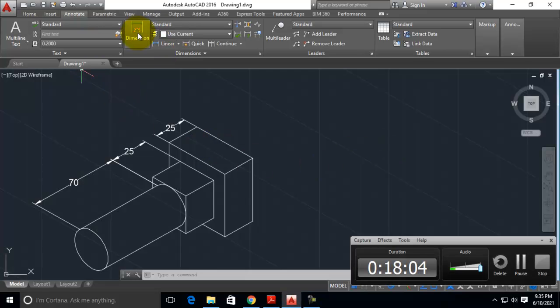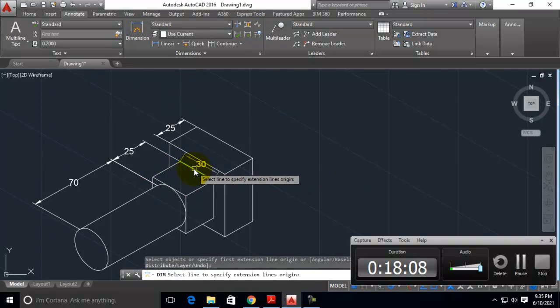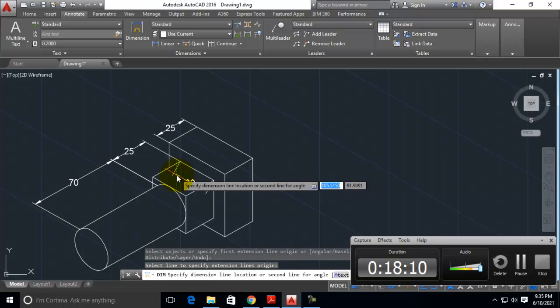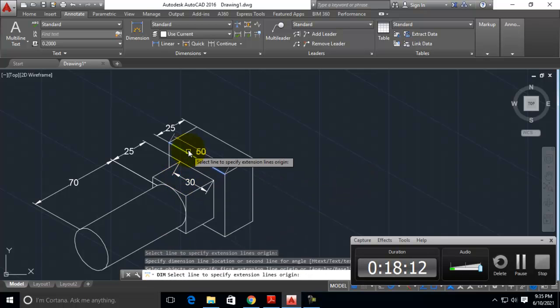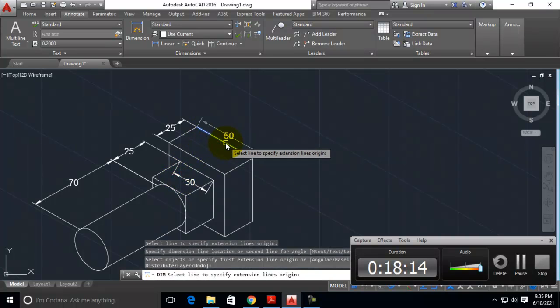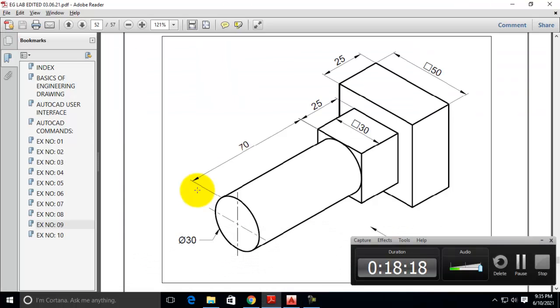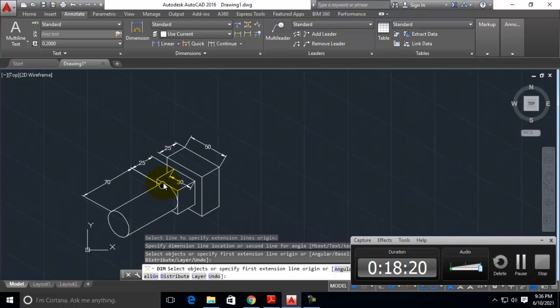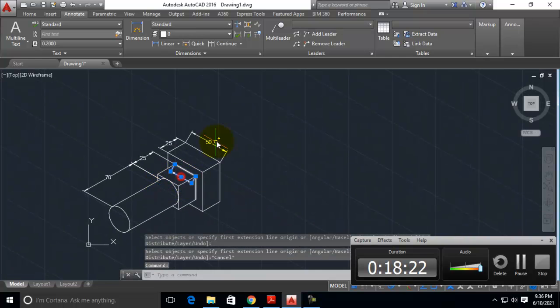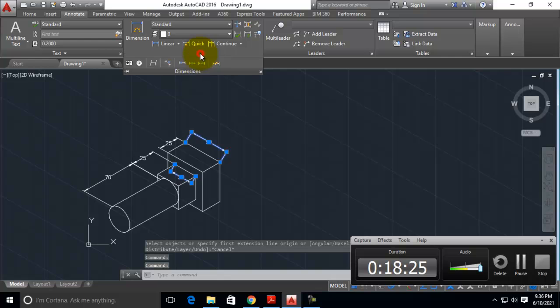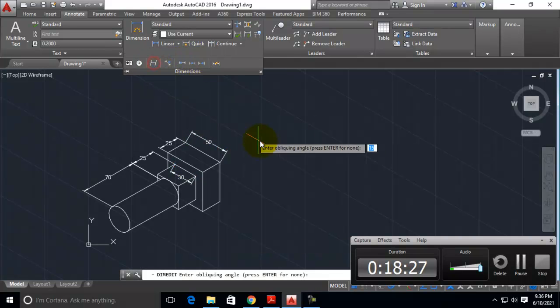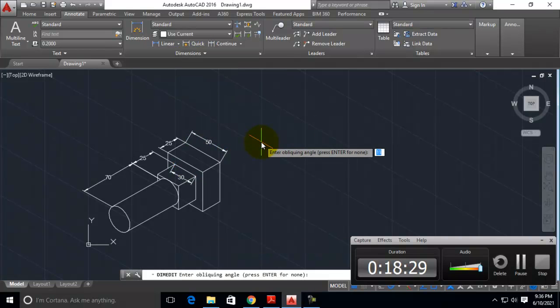Now select dimension, select this and place it over here. Similarly you can select this and place it here also. Now for these 2 also you have to select oblique option and change the angle as 150.